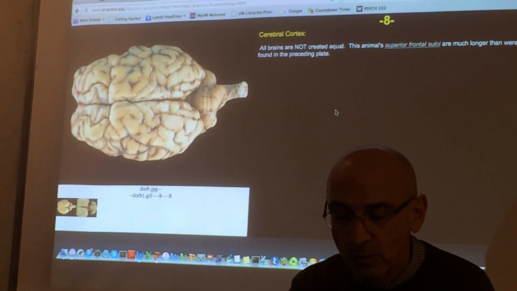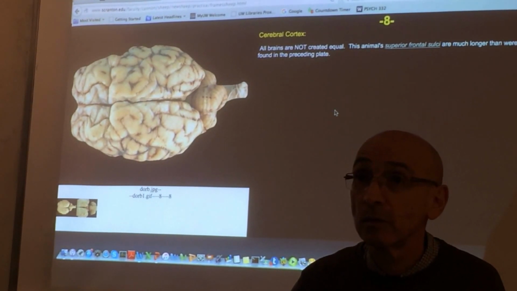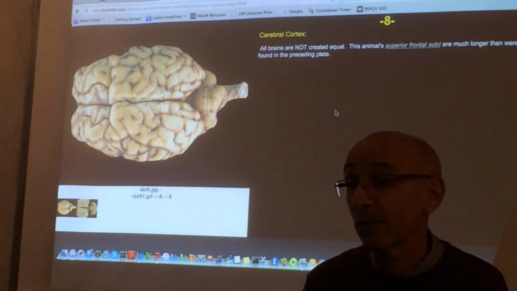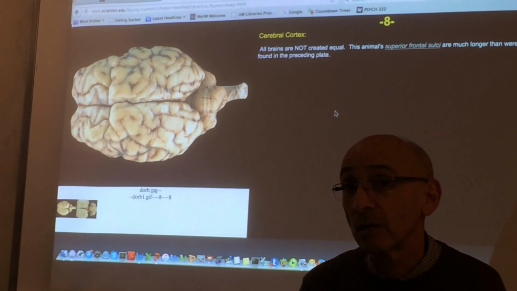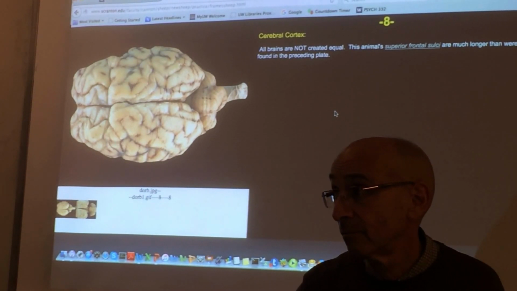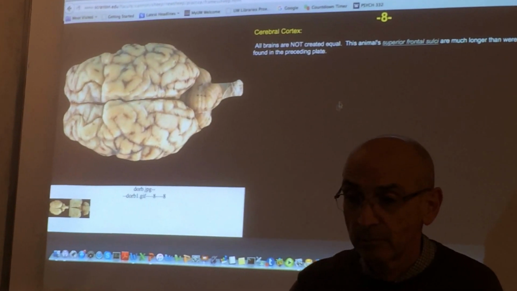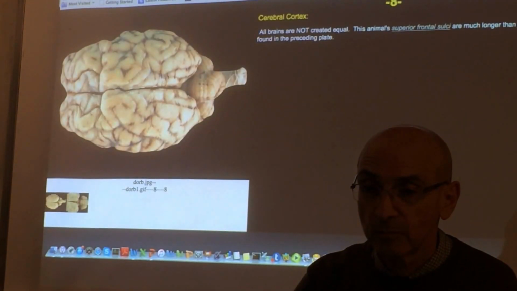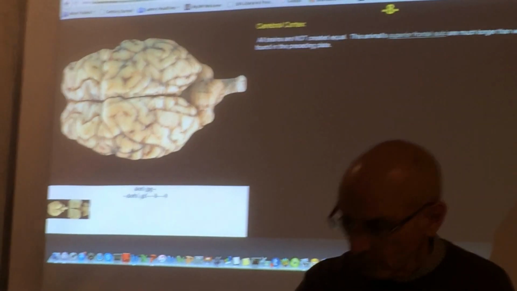Okay, so we just did all the externals. Any questions on externals? So that's 5 stations. That's a third of the test. So let's go sagittal. Sagittal, you're going to have